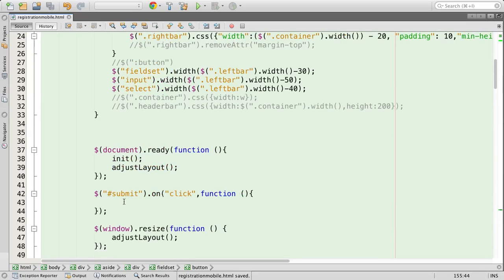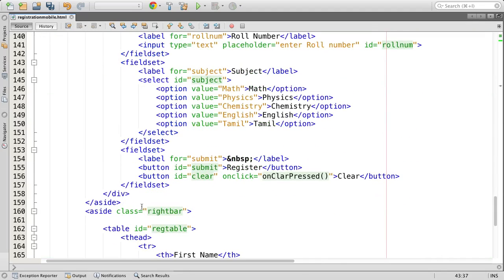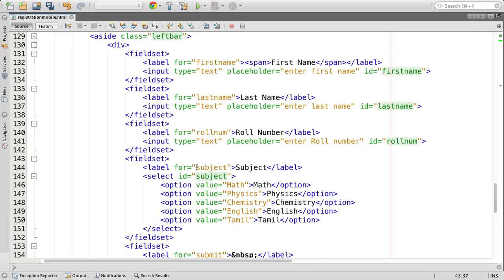Okay, so this is what I'm trying to do. Whenever a submit button gets clicked, I'd like to execute the onRegister press method. Of course, that is what it was doing. So by logic, whenever the DOM called submit gets pressed, of course it will only work with the button. Typically it will also work with other DOMs, but a button has a click event that could be fired. So whenever a register button is pressed, it should go ahead and execute